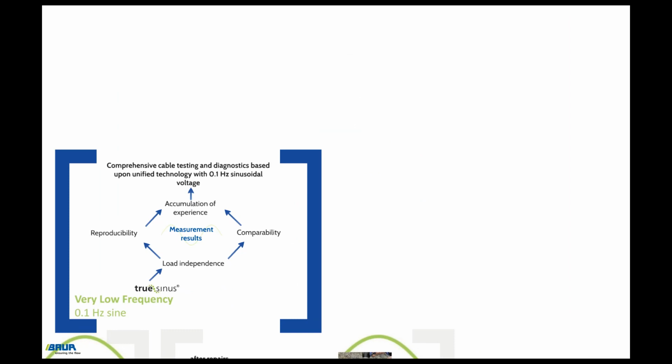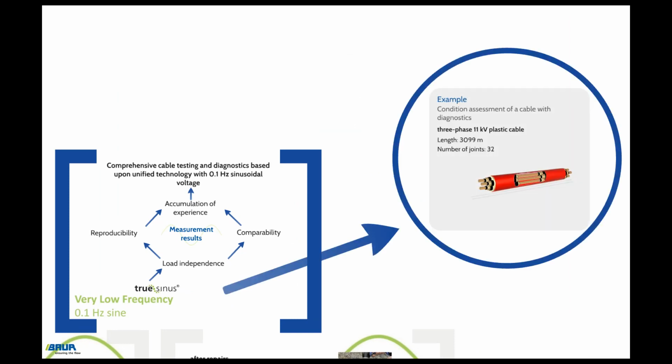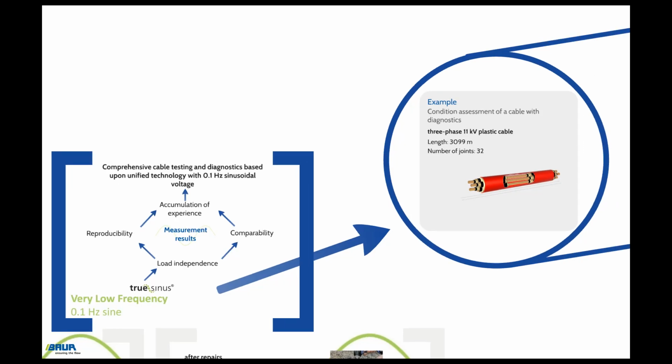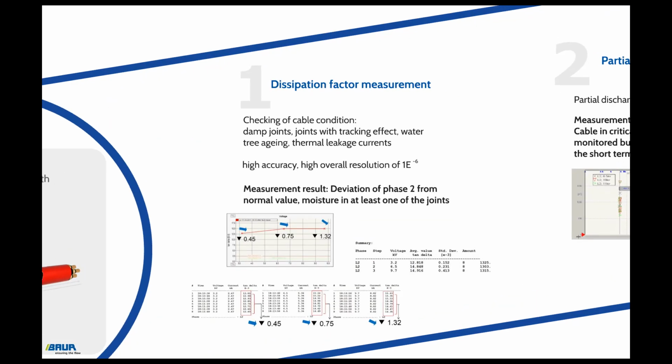Let us take a look at the benefits and significance of the measurement methods based upon 0.1 Hz sine using an example. The condition of a three-phase 11 kV plastic cable is to be assessed with the aid of cable diagnostics. The cable is about 3 kilometers long and has 32 joints within this route. The dissipation factor measurement, performed at the beginning, supplies information on the general condition of the cable. This allows damped joints and joints subject to the tracking effect, water tree aging, or thermal leakage currents to be